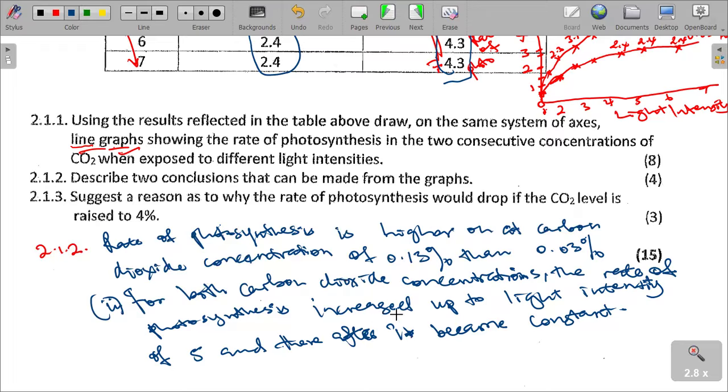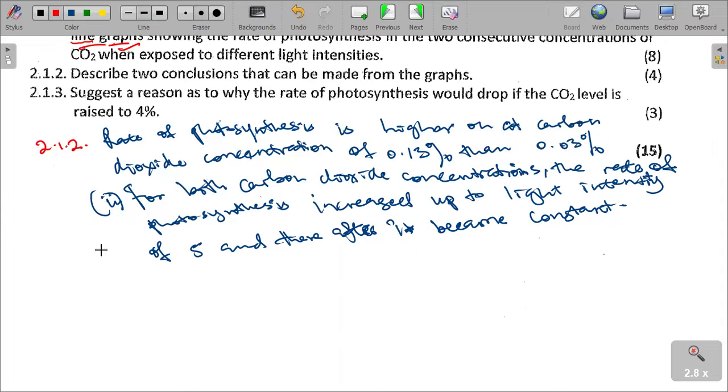The next question suggests a reason as to why the rate of photosynthesis would drop if carbon dioxide level is increased to 4%. Why should it drop if it increased up to that level? So what happens here, 2.1.3, is that